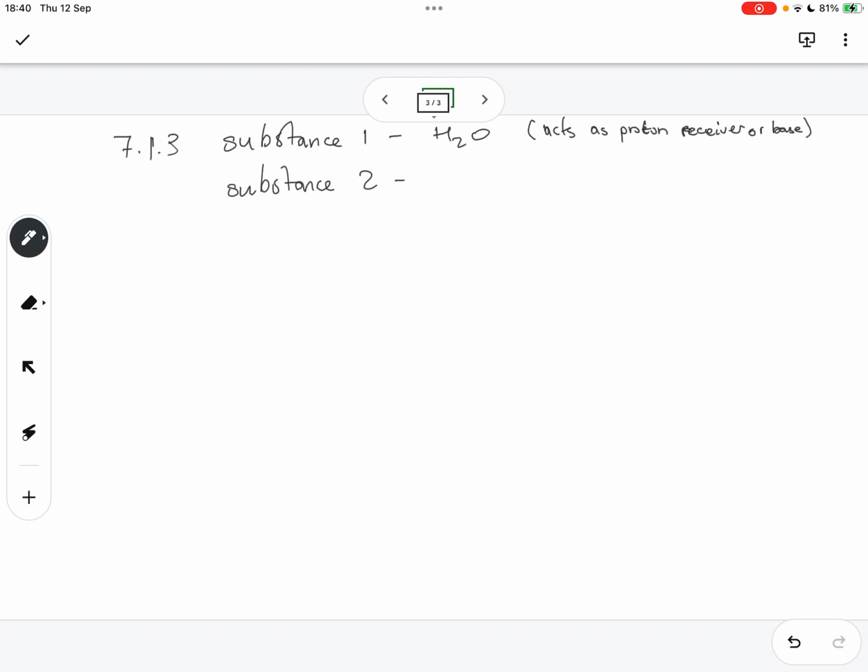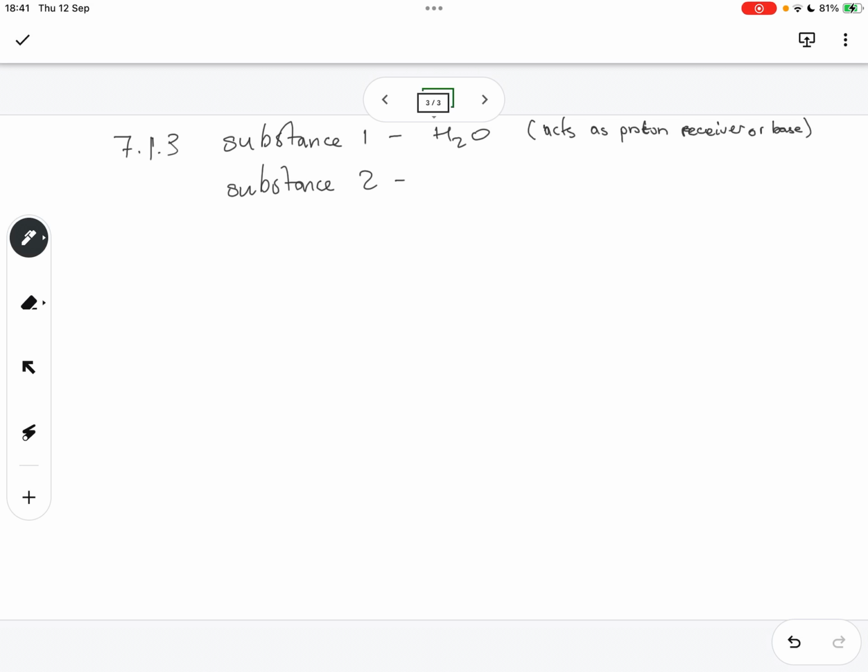In this reaction, we've got this one donating a proton to become that, and this one also receiving a proton to become that. And in step 3, we have HPO4 2 minus plus H2O, and it gives us a phosphate ion